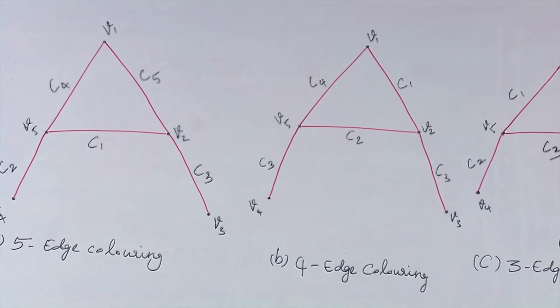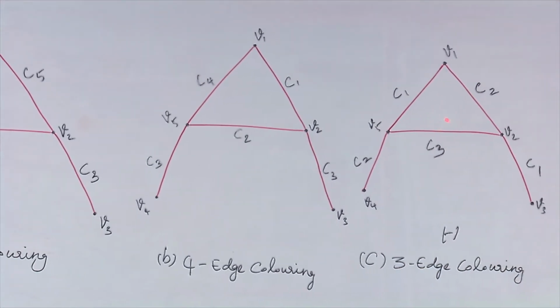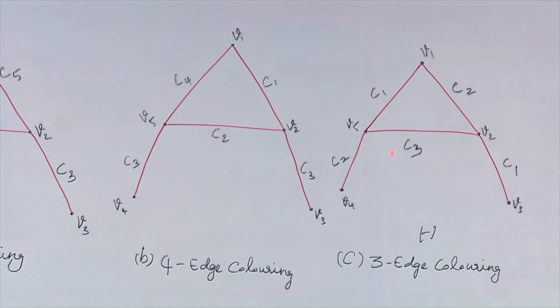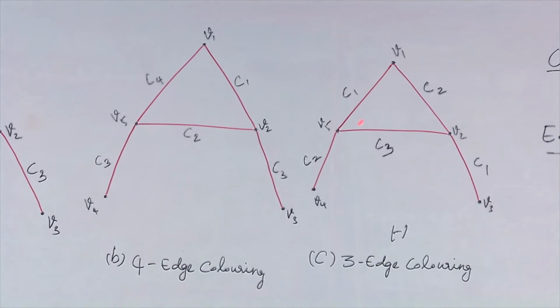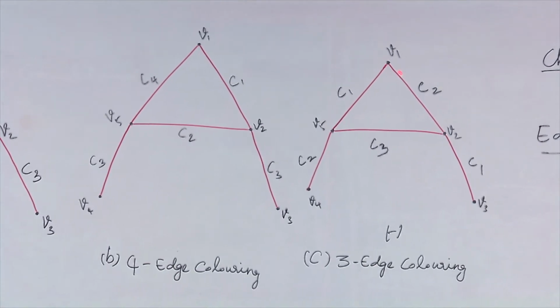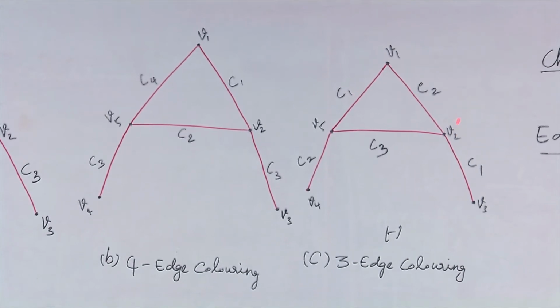But always in coloring, I want to find the minimum number of colors required to color the edges with a proper coloring. So, I can even reduce the number of colors. Look at this diagram, the same graph; I am going to use only 3 colors to color this graph. That is, I am going to use the color C1 for this edge and color C2 for this edge, because these two edges are adjacent. I cannot use the same color C1 for this edge also.